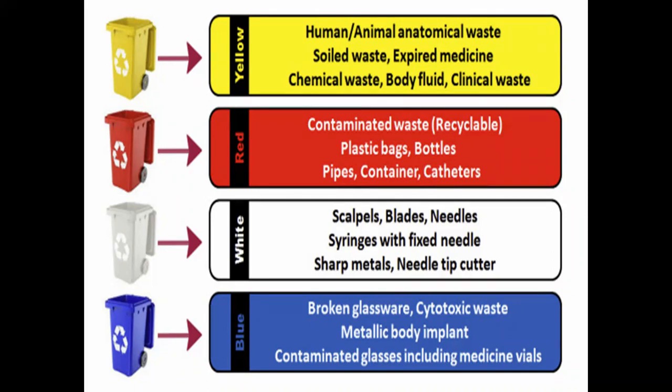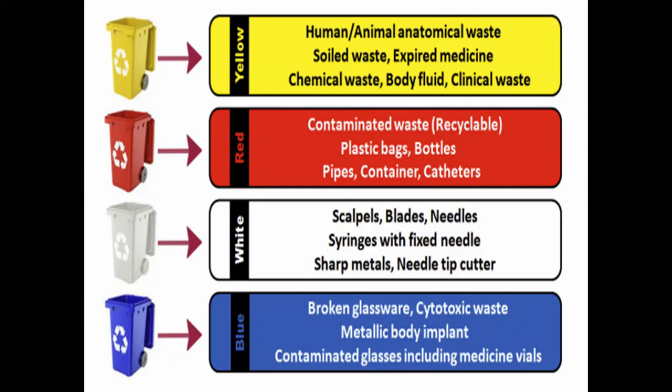Okay, there is another bin, the black bin. These are meant for your general waste, like your paper, maybe your food substances, and even any plastic coverings. They will go to the black bins. Did you understand? So there are 4 bins especially: yellow, red, blue, and white. Yellow is meant for human and anatomical waste, even your cotton, your dressing, your diaper. Everything will go to the yellow.